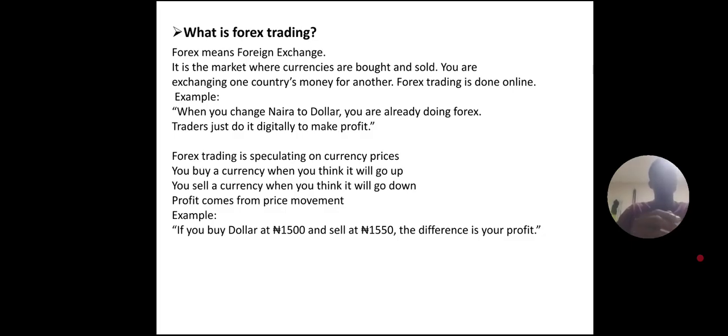So forex trading is all about speculation. It's all about analyzing the market. What is happening in the market? This is Euro USD. What am I saying from the speculation, from my analysis? I'm seeing that Euro is going to buy, meaning Euro will be strong. USD is going to fall, so I'm going to buy. All these things I'm saying, we're going to go more deep in them later on, but this is just the beginning. You buy a currency where you think it will go up, then you sell a currency where you think it will go down. You see the difference now?